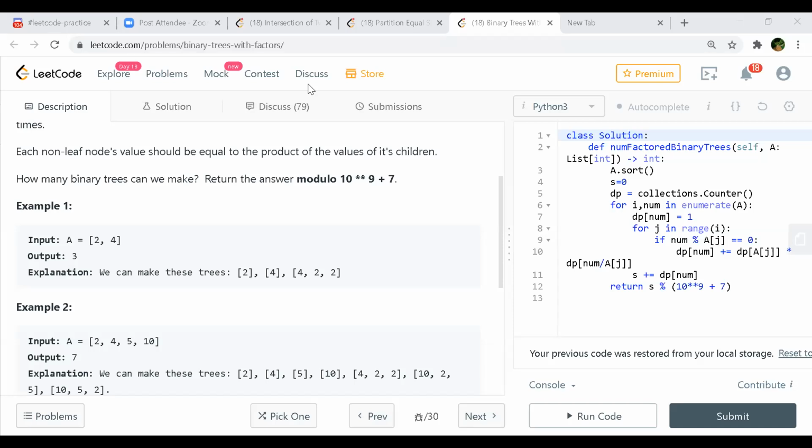So that is what the special cases are. In example one, in the last example, 4 to 2, the output is 4 to 2. So where we have taken 2 twice, we know that both the indexes are the same. Okay, so in that case, it's only forming one tree there. So we need to check whether the product is made with the same element or a different element. If it's a different element, then we need to multiply it by 2. Right, right.